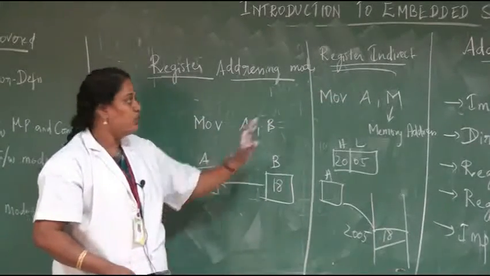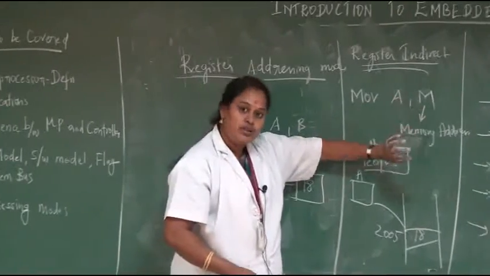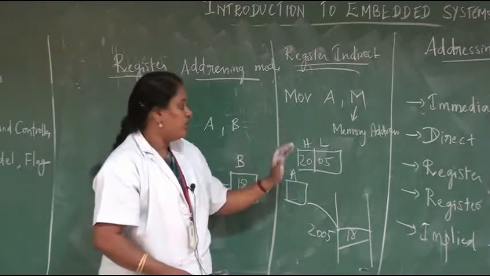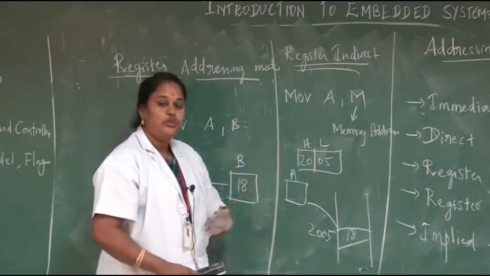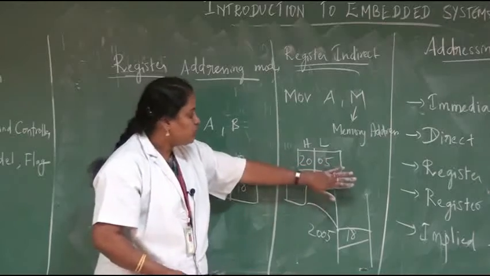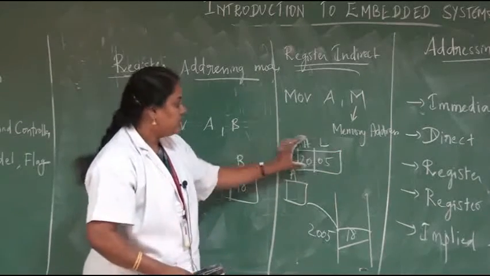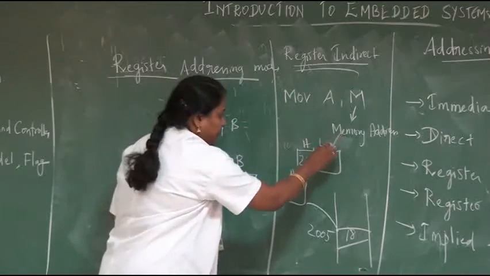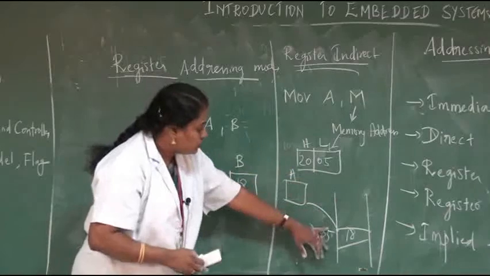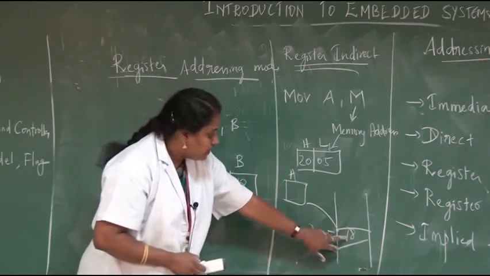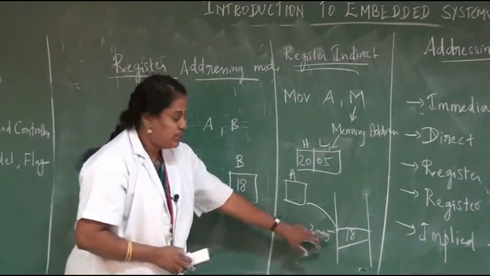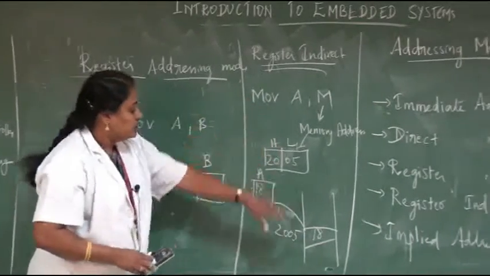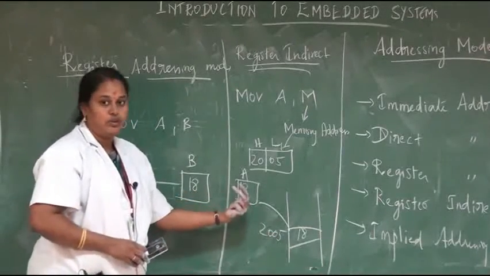So in register indirect mode, the address of the data is not given directly. It is given indirectly using a register pair. By default, the register pair is HL. We should not use BC or DE. We must use only the HL register pair. The HL register pair holds the address. The processor refers to this register pair, fetches this value, goes to the memory, fetches the value available at the address 2005 and moves that value to the accumulator. So after executing this instruction, this value is stored into the accumulator register.